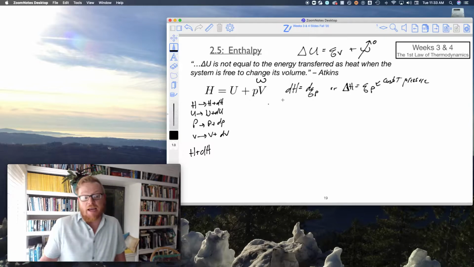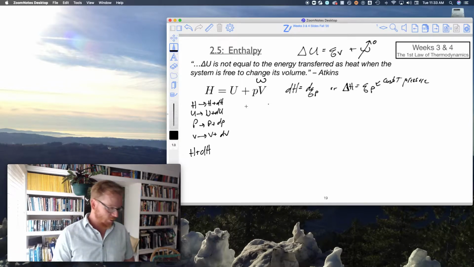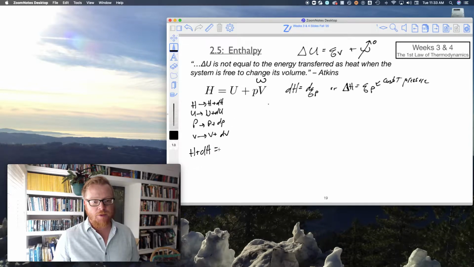We recognize P times V gives us work, okay? So now I'm going to expand this relationship to include the infinitesimally small changes of each variable, okay? So H plus dH equals U plus dU plus (P plus dP)